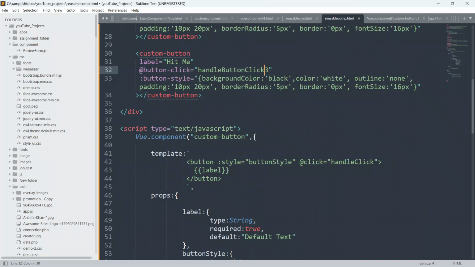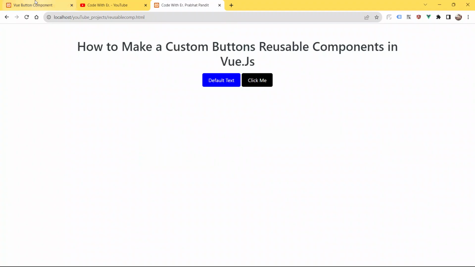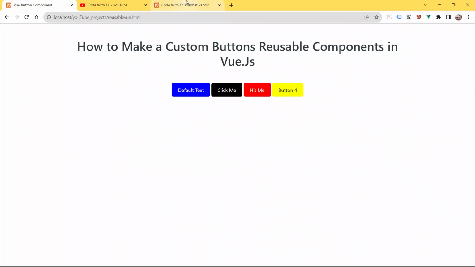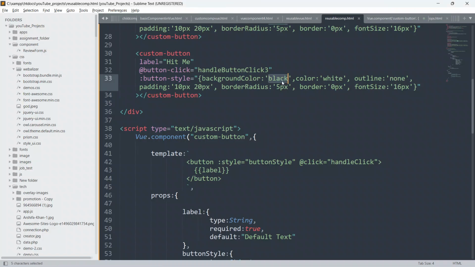So define the method name as handleButtonClick3, and just go to the example and see the background. So background color is red, so give the background color as red, and give color as black.